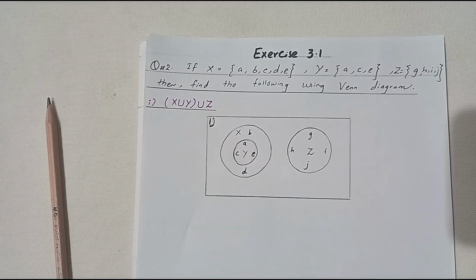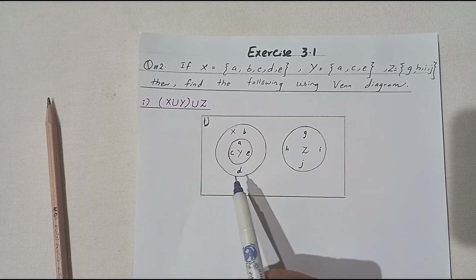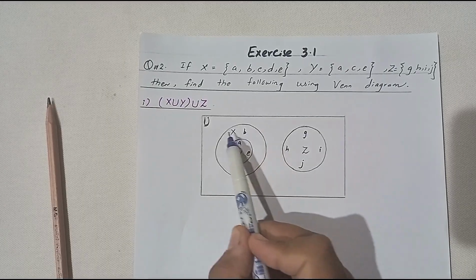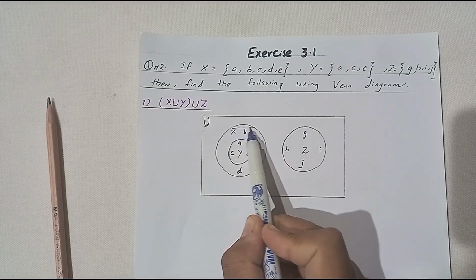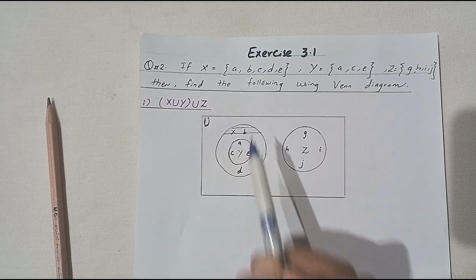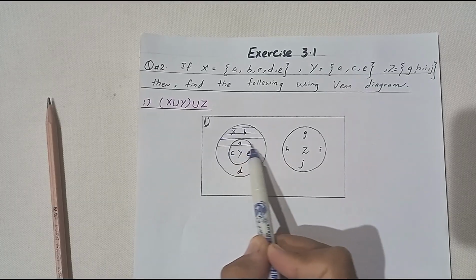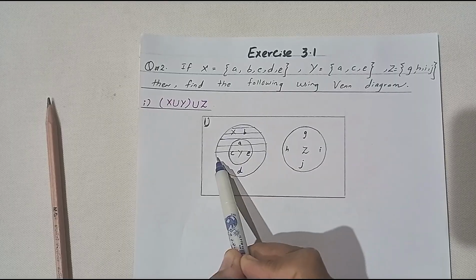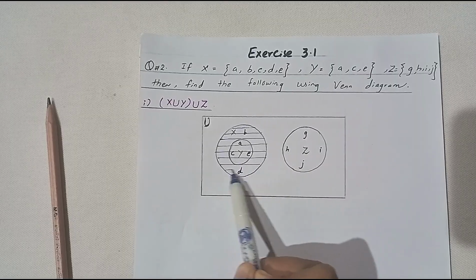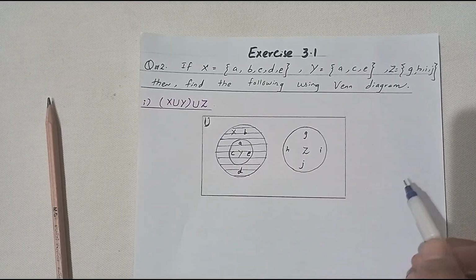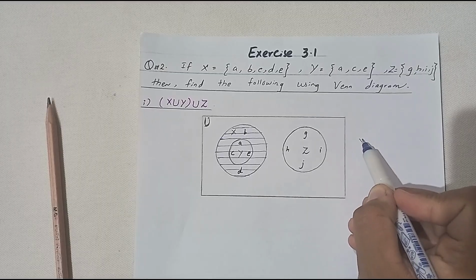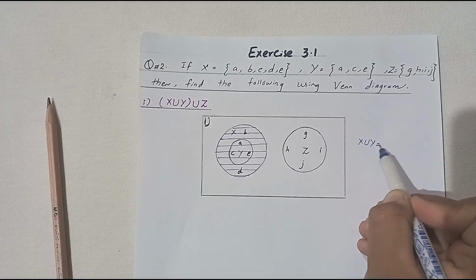X union y means all elements of x and y, so we shade it by horizontal lines, and write it as x union y equals to